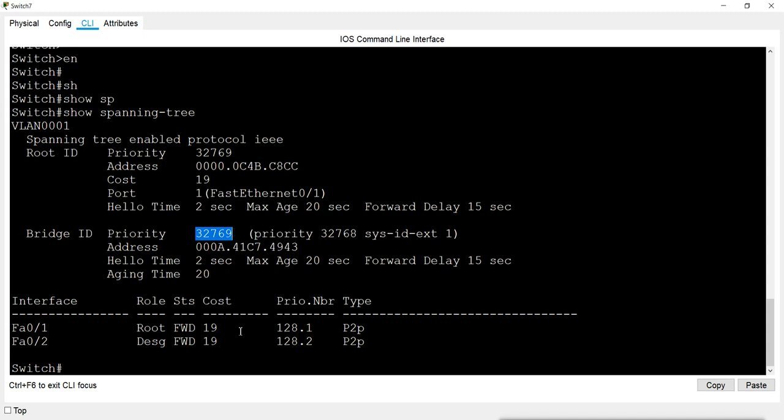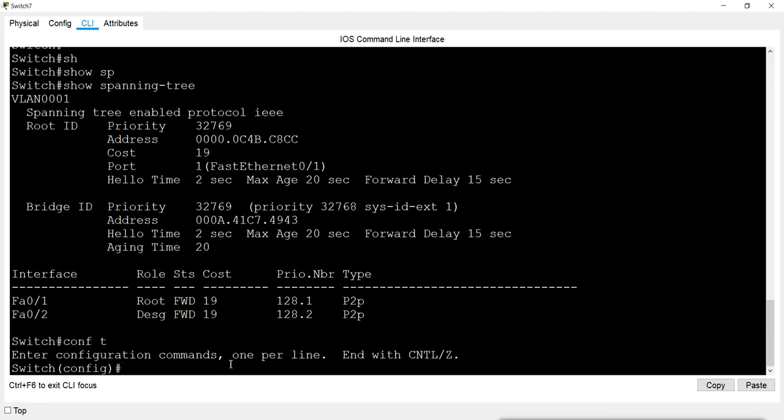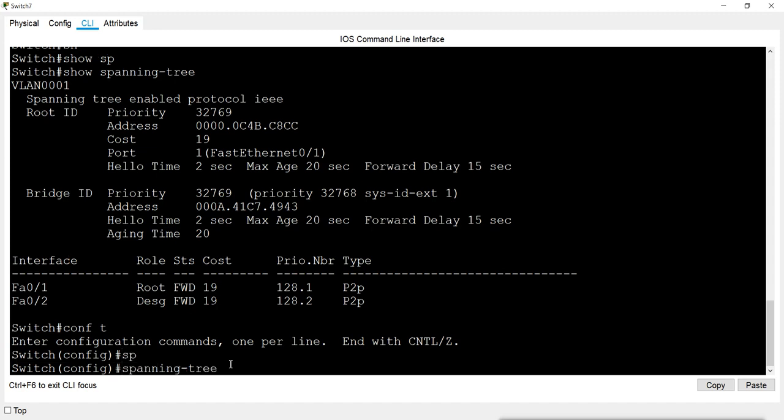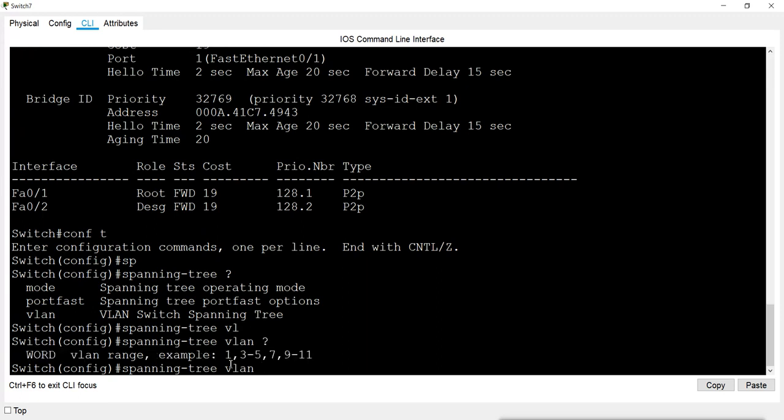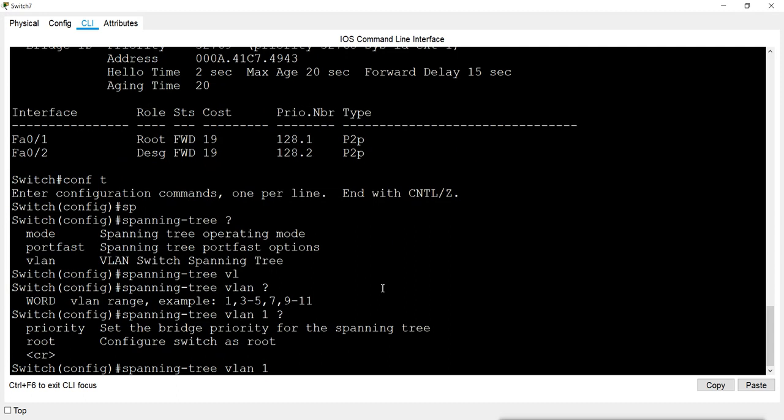I will go to the config mode and give the command spanning-tree vlan, then mention the VLAN number. Here we have two options. We can configure the switch directly as a root, or we can manipulate it using the priority number.